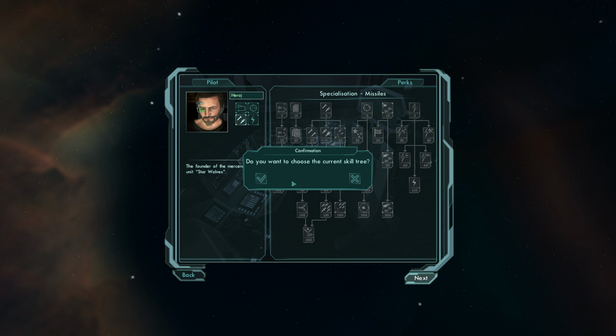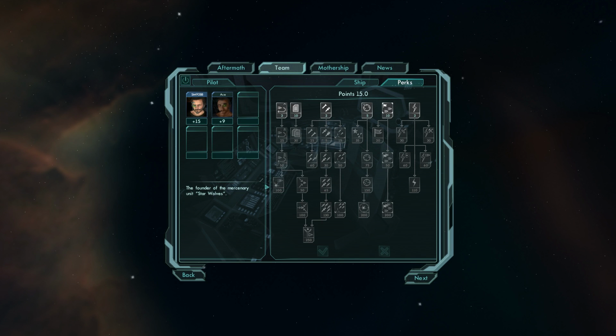Do you want to choose the current skill tree? Not really. Actually, wait, oops. Forgot to go like this also. Also tried various ways to find out if I could fix the mouse locking up from time to time, but I couldn't find anything on that. Anyway,